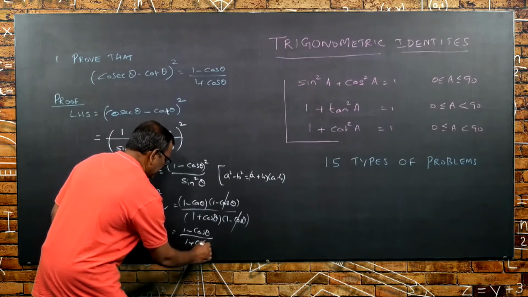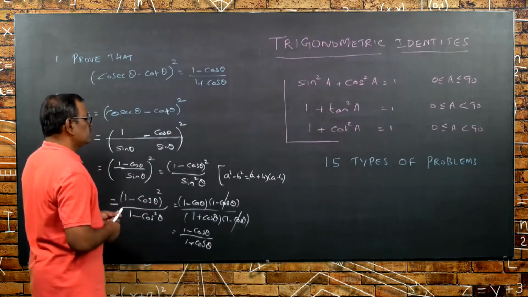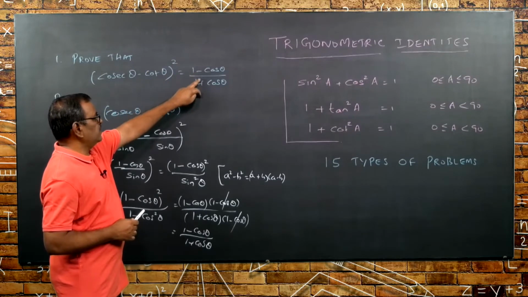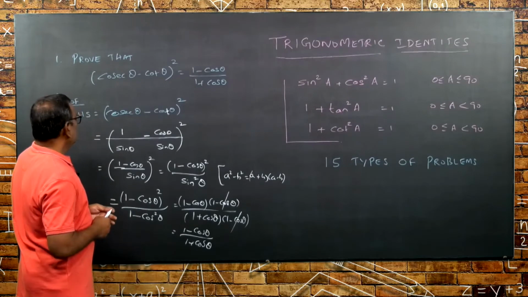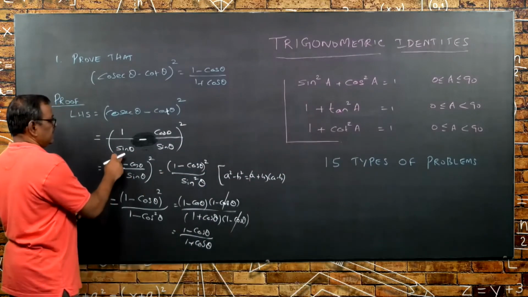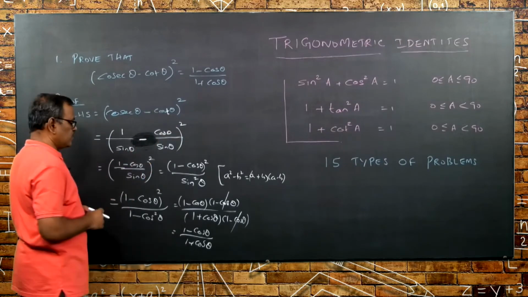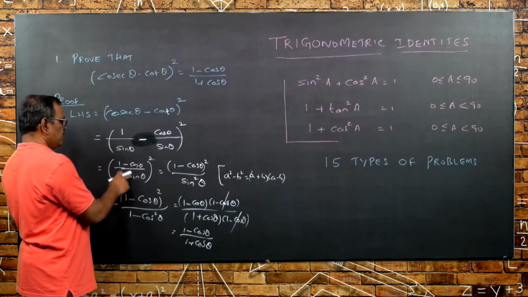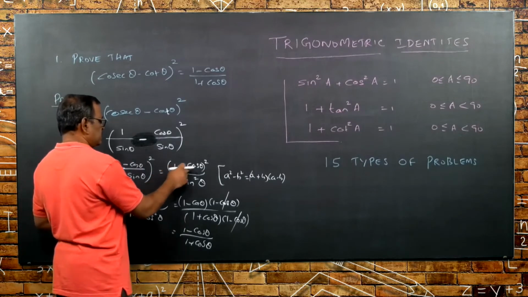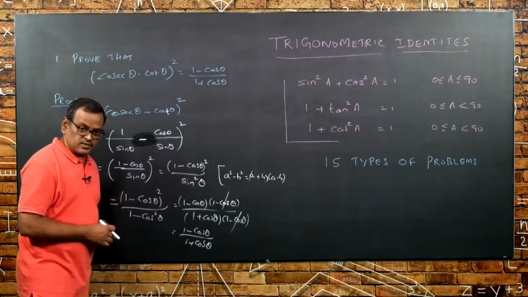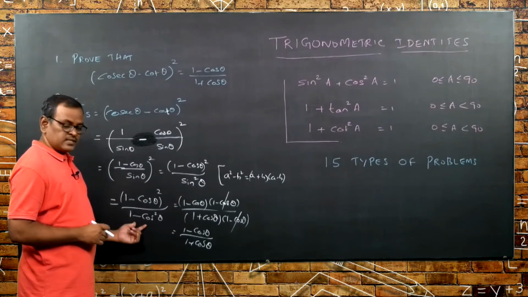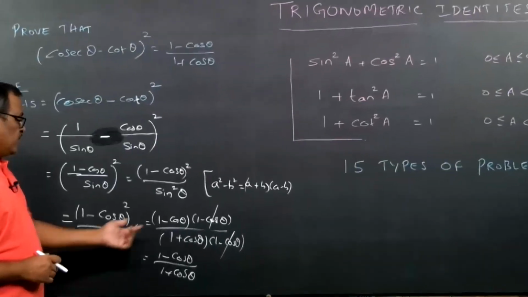I will explain again. This is one of the type cosecant theta minus cot theta the whole square equal to 1 minus cos theta by 1 plus cos theta. Cosecant theta minus cot theta whole square, 1 by sin theta minus cos theta by sin theta the whole square. Taking sin theta as common, 1 minus cos theta by sin theta the whole square. If you separate 1 minus cos theta the whole square by sin square theta, as per the first identity sin square theta equal to 1 minus cos square theta, and this is similar to a square minus b square,